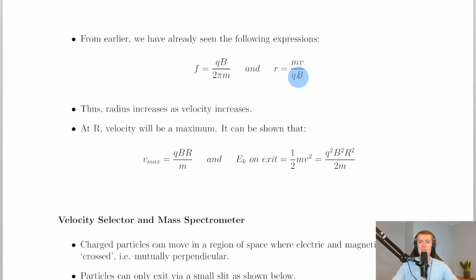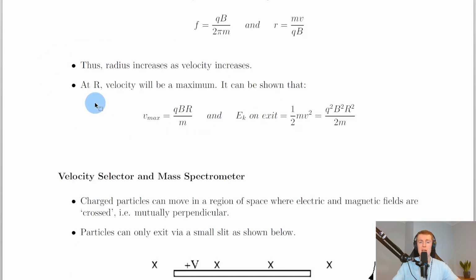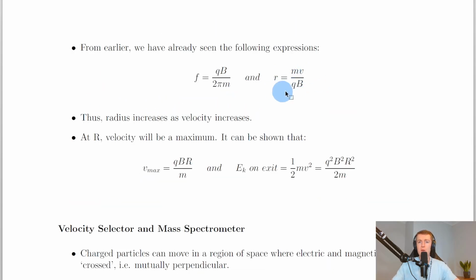And we can see that radius and velocity are directly proportional here, so that's why as velocity increases for the particles in the cyclotron, then the radius of curvature increases, so we get those spirals of increasing size. So therefore we can say radius increases as velocity increases, and we can say at the radius of the outer rim, big R, velocity will be a maximum, and therefore if we rearrange this equation for radius of curvature for V, then we get QBR over M,